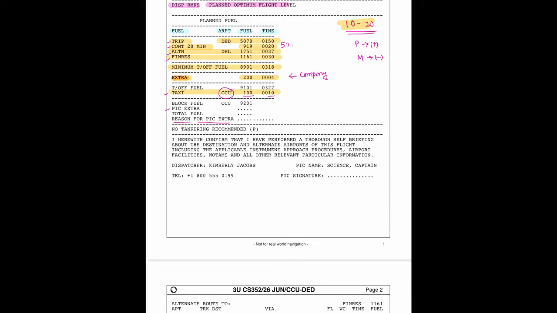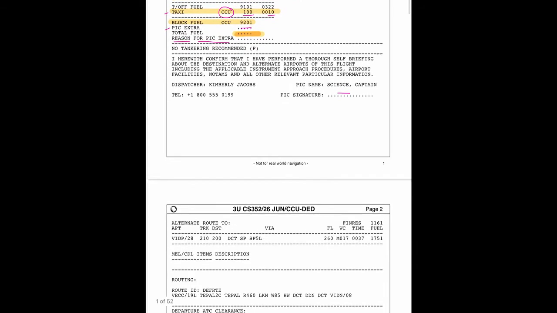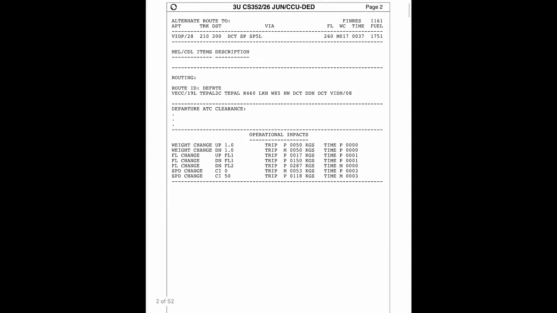So takeoff fuel, total block fuel actually, we take the total block fuel, which we input in the MCDU also. If you want, watch my MCDU video, check it out guys. Okay, you can see that we insert the block fuel over there. So total block fuel is 9.2 tons. Okay, then the PIC may take extra fuel and that will be the total fuel. So it is up to the PIC, and the PIC has to sign this portion actually. This is a simulator flight plan, so this is not necessary actually.